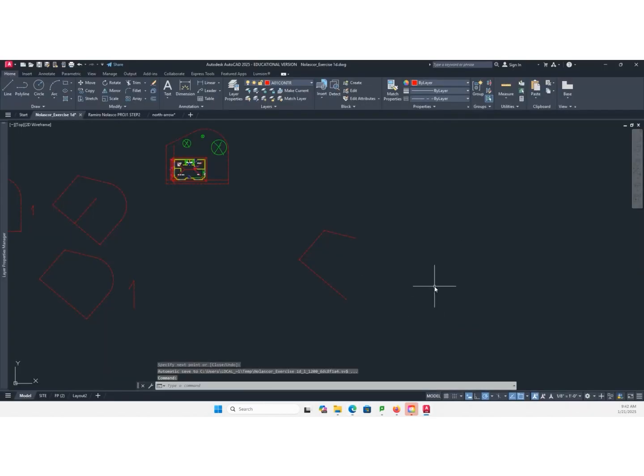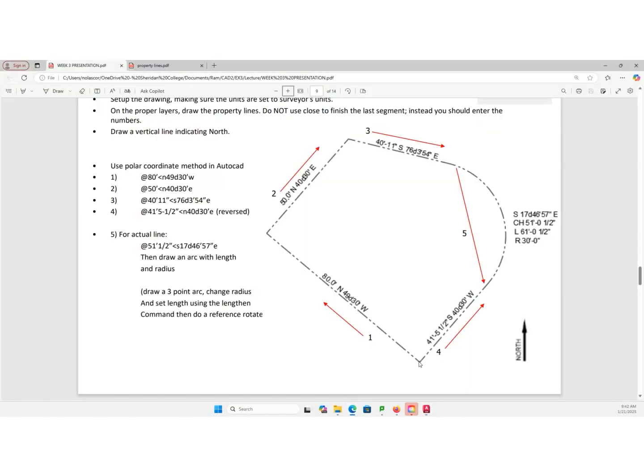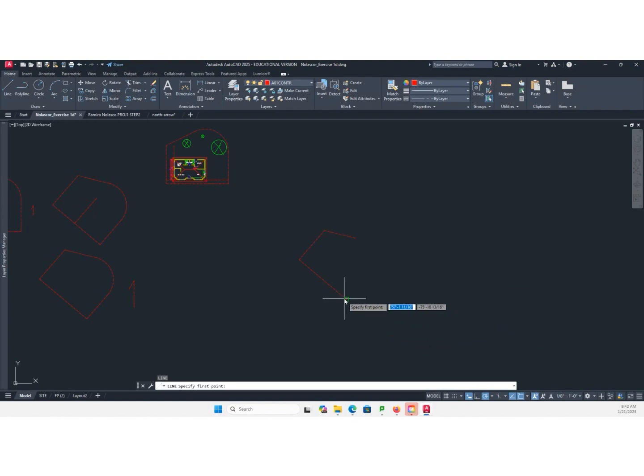You restart the line command, and you want to start here for your line 4.